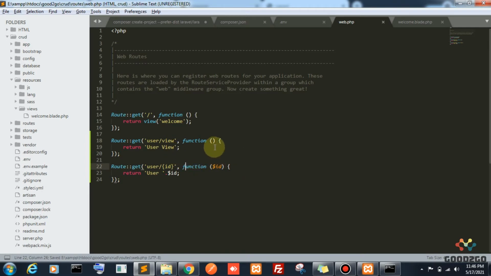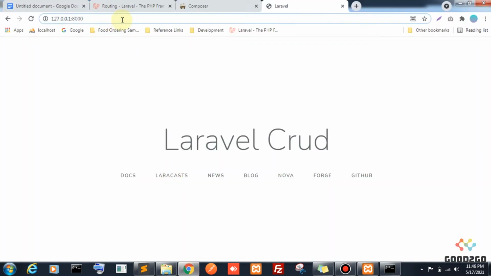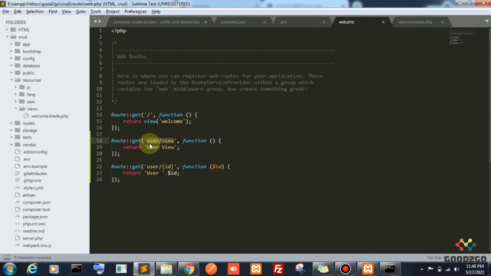I will show you the difference between the user view. That's it, we registered the URL. We are just going to give this register.user view. See, the user view is returning. Okay, that's it guys, we registered our Laravel route file.